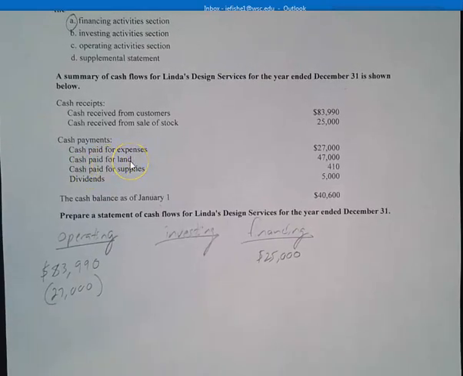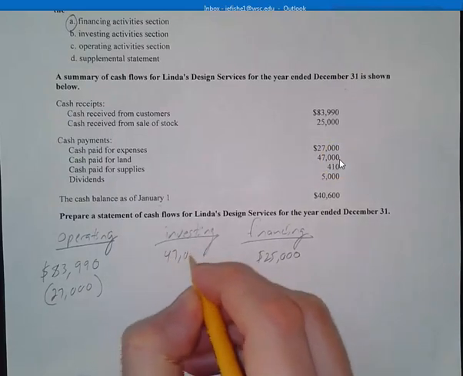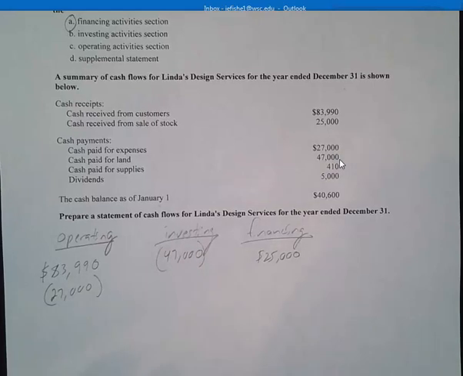Cash paid for land. Okay. If you recall, in our PowerPoint video presentation, we had a transaction like this. This one, however, is not for $20,000, it's for $47,000. So we're making an investment. Presumably we're going to build something on this land, so that would be a non-current asset. This is an investing activity of $47,000, and it is a cash outflow, so we're going to put it in parentheses. Cash paid for supplies,